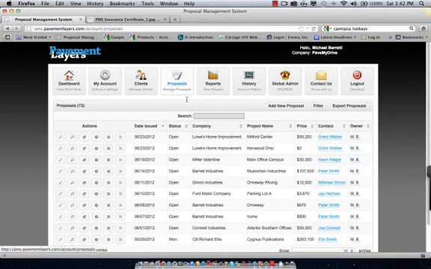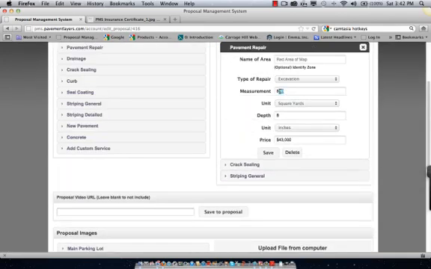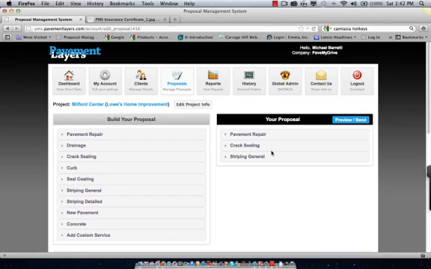And at any point in time, you can go to Lowe's in Milford, and they call up and say, you know what, I got your proposal, I'd like to proceed with it, but can you change it from 890 yards and take it down to 500 square yards? Or, I tell you what, all we have a budget for is 500 square yards, and let's take it down to 6 inches deep. Whatever it may be, you see how you can easily, in seconds here, change a proposal, click save,